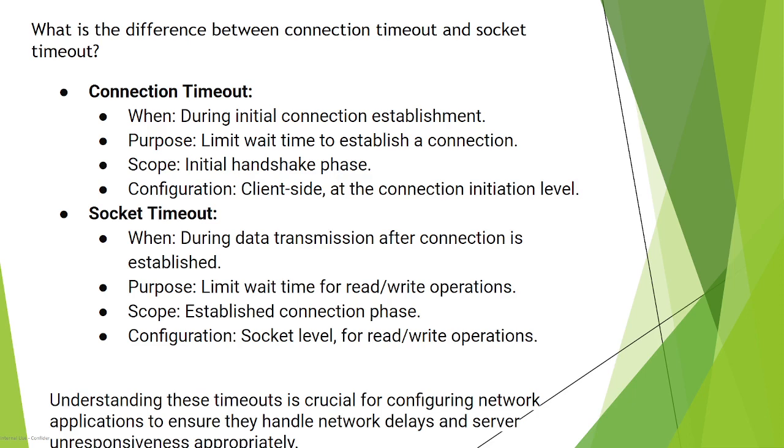So this is basically during the process your connection is established and when data is in transmission stage. The basic purpose is to limit wait time for read and write operations, and scope is the establishing connection phase. Configuration is socket level for read and write operations. So understanding these timeouts is crucial for configuring network applications to ensure that they handle network delays and server unresponsiveness